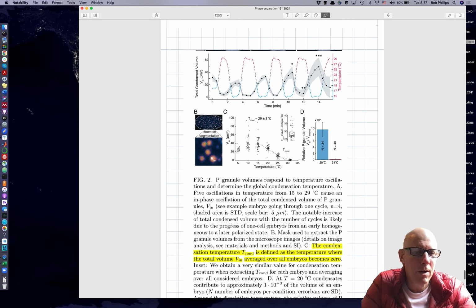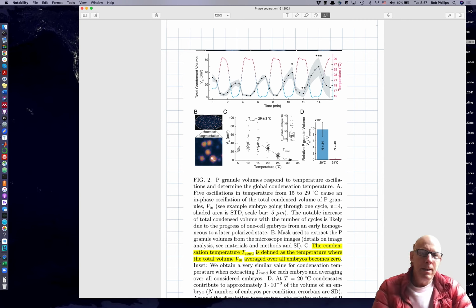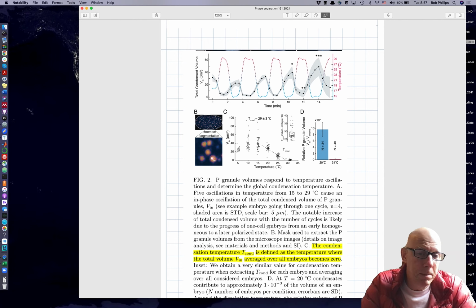That's what's shown here. I'm going to talk about it later, but in some sense, the graph at the top just blows my mind, because what it's showing you is the volume of P granules as a function of temperature, and they're basically doing a cycle in temperature, and as a result, they're doing a cycling of reversible formation of these